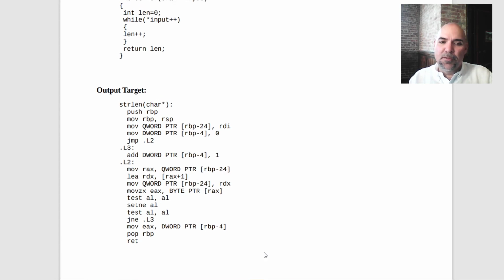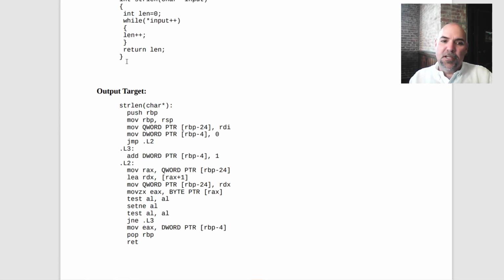So we're taking one pattern, have to break it down and understand it, and then turn it into another pattern. Let me zoom out so we can see both of those at the same time. So this is the source code. This is what that compiles to on some processor. And this itself is actually assembly language, which itself has patterns in it. So the operator, the operands, something has to understand what those mean and then turn that into the machine code that underpins that. All patterns to understand, and those patterns can be nested, with, for example, this while loop inside of the function body, and we have to somehow make code that then